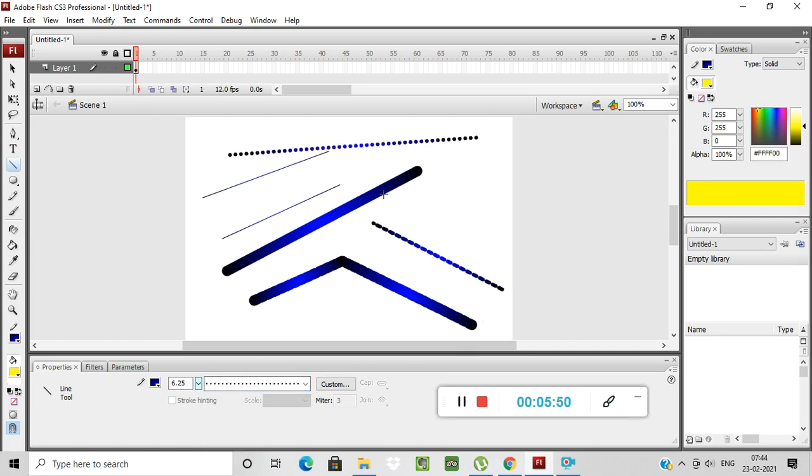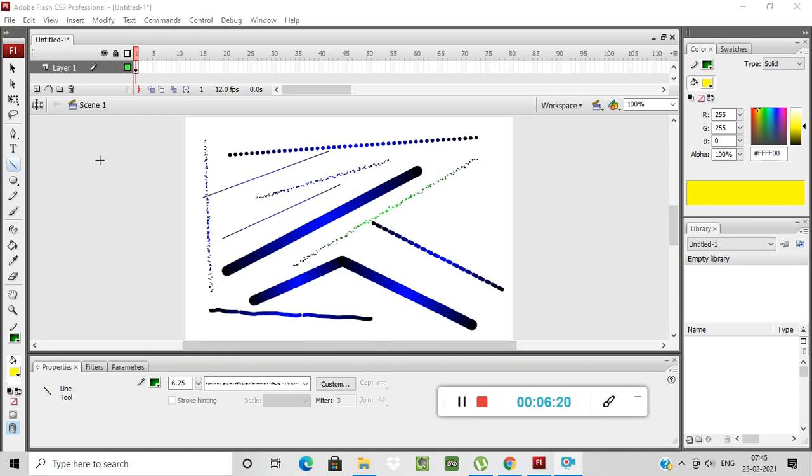See, likewise so many styles are available here, so you can draw the different styles to create your drawing. Okay, likewise. Understood? This is the use of the line tool. Likewise, you can change the colors also. Okay, you can change the color also, and you can draw the lines.